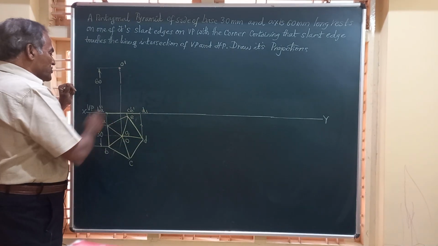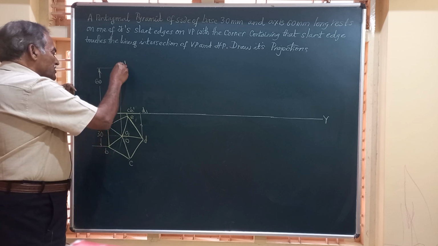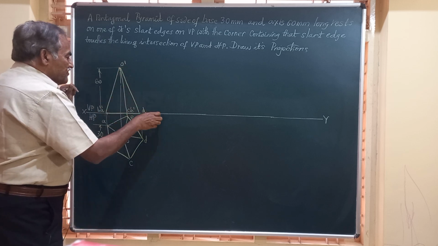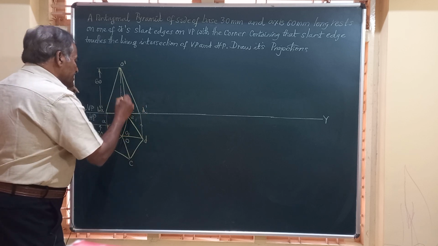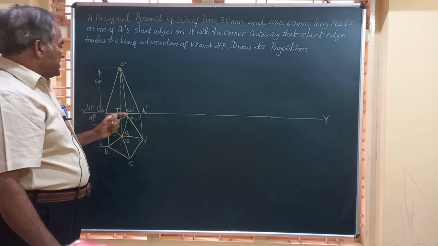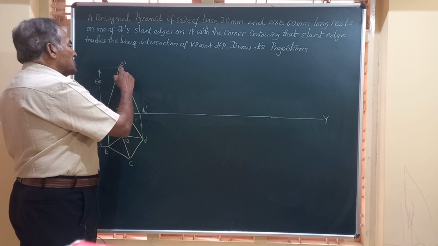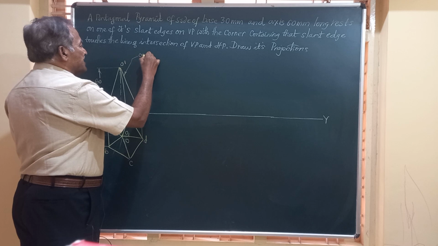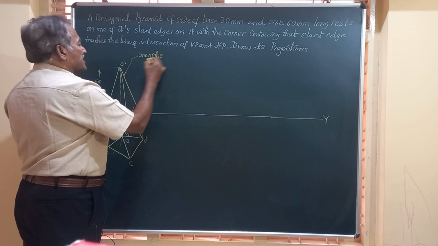So we'll join O dash to all the corners. So friends, we'll join O dash to A dash, O dash to B dash, O dash to C dash, O dash to E dash and O dash to D dash. Friends, this is the front view of the pyramid, and here this axis is perpendicular to HP. Now the object is resting on the base on HP, and in the front view the line O dash D dash represents one of the slant edges. There are 5 slant edges. It is one of the slant edges